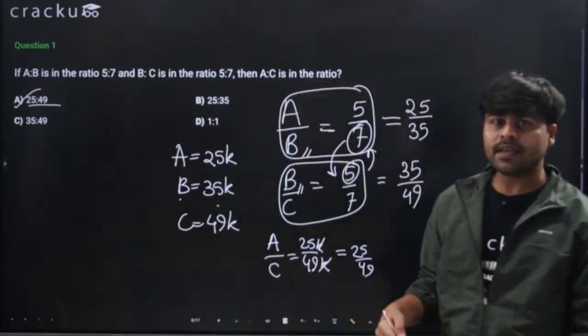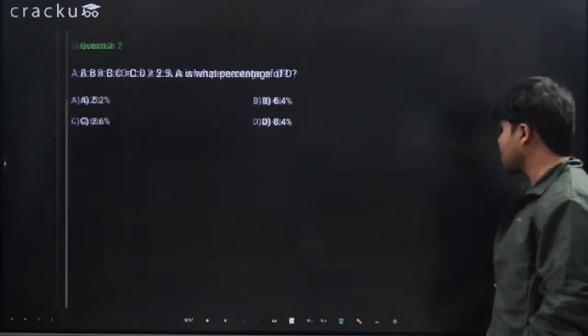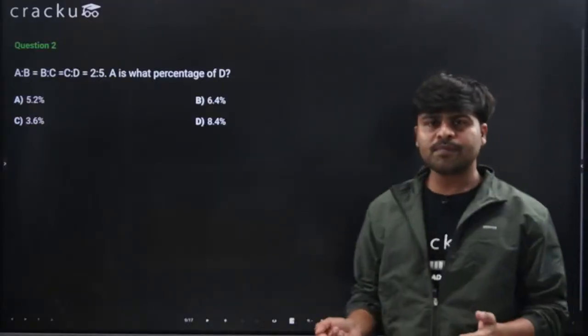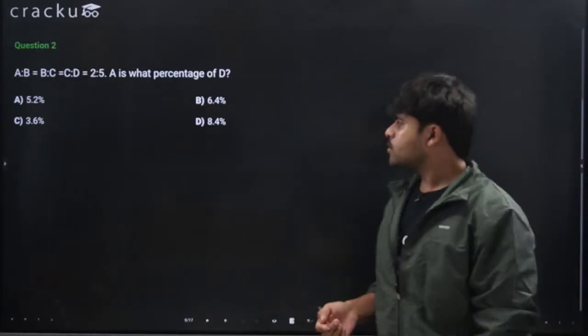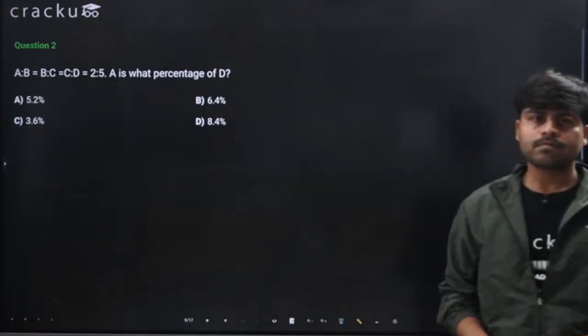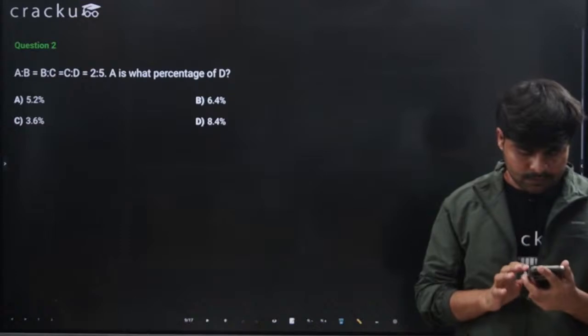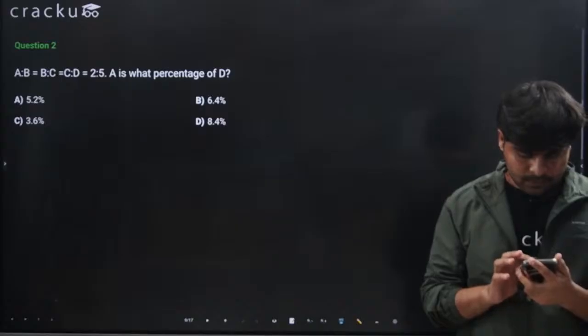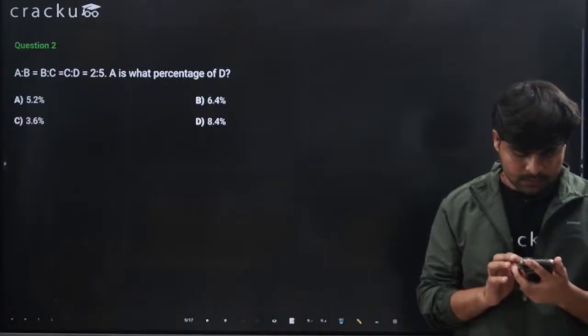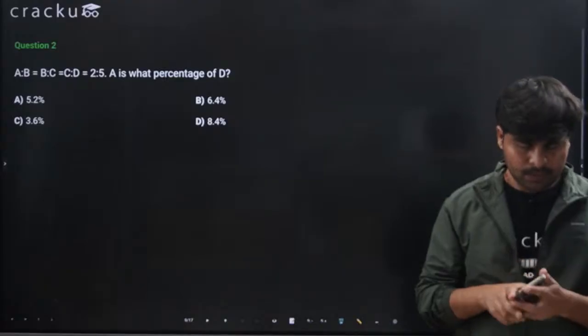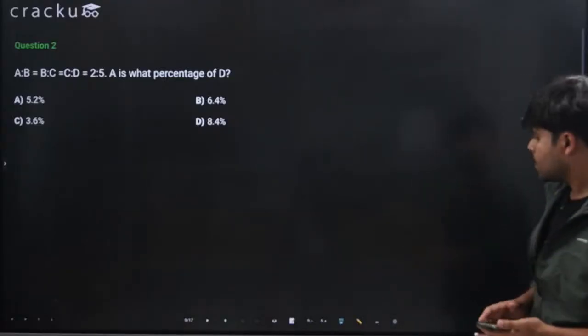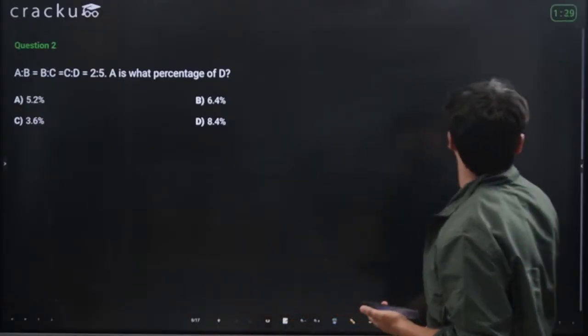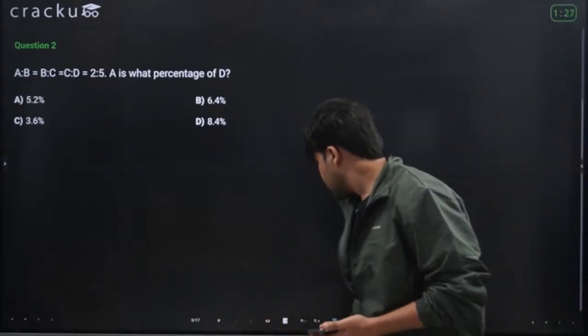Okay, the question was very simple. Let's move ahead with the next one. This question is also pretty simple, slightly more calculative than the last one. So try to solve it. I forgot to turn the timer. Okay, the time was 1 minute 30 seconds. So I'll just look at the timer here.